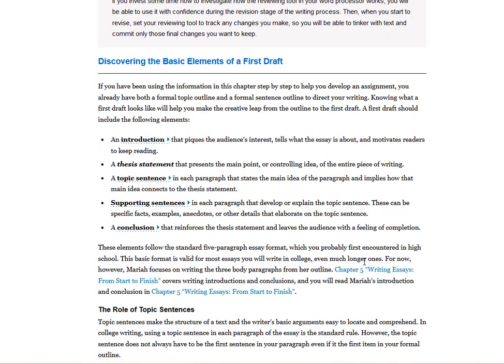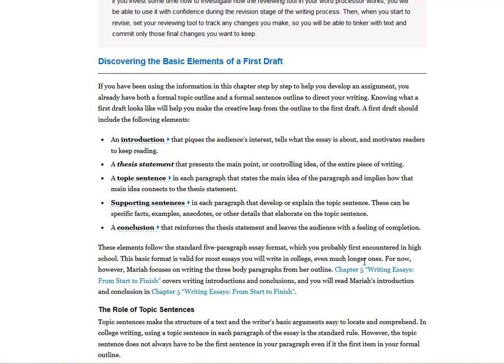Discovering the basic elements of a first draft. An introduction that piques the audience's attention, tells what the essay is about, and motivates readers to keep reading. A thesis statement that presents the main point or controlling idea of the entire piece of writing. A topic sentence in each paragraph that states the main idea of the paragraph and implies how that main idea connects to the thesis statement.